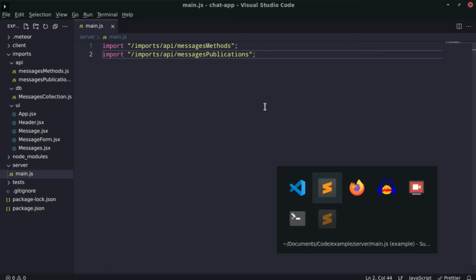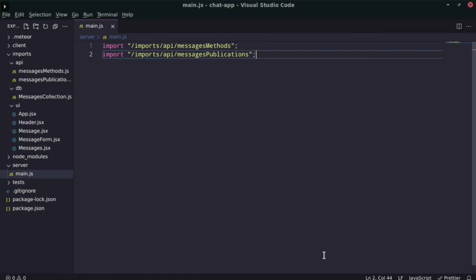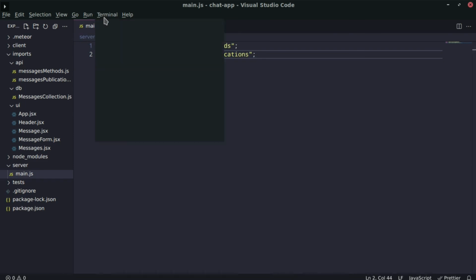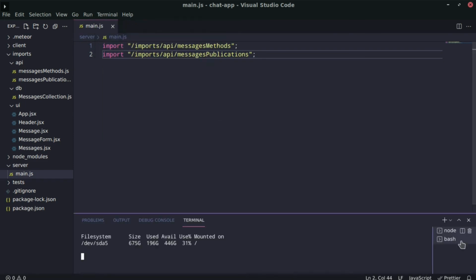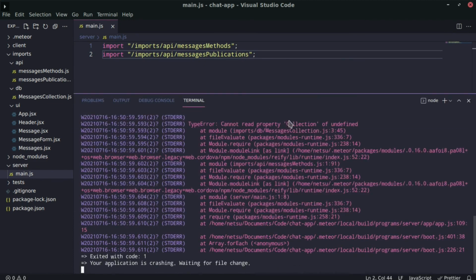At this point, I do recommend you restart your server, which I believe should be on my terminal here. So let's get a new terminal there, and we can close this terminal. And ooh, we're getting a crash. Why are we getting a crash? Collection of undefined in messengers collection. Maybe